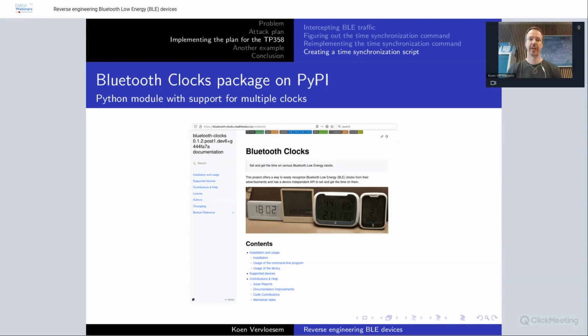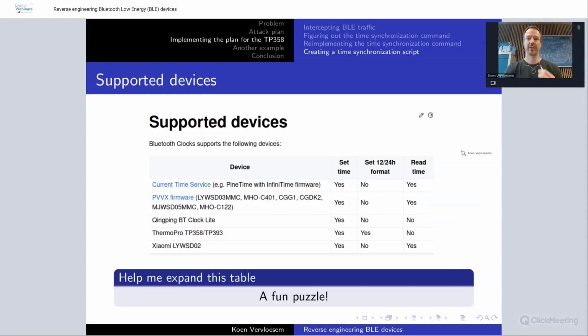And I published this package on PyPI, so anyone can now just do pip install bluetooth-clocks, and then you can use this bluetooth-clocks command to synchronize the clocks you have, or to discover which clocks that you have are supported. This is the supported devices table. So I have this Xiaomi device, I have the ThermoPro devices, this one and some others. These are some other devices with some alternative firmware on it,